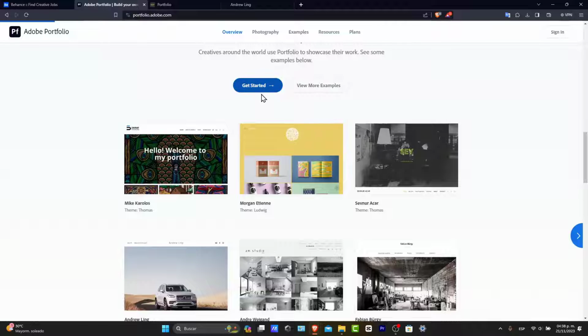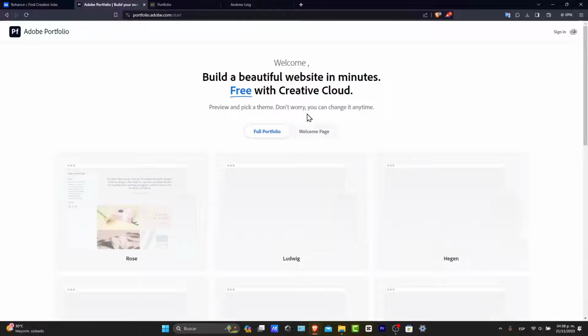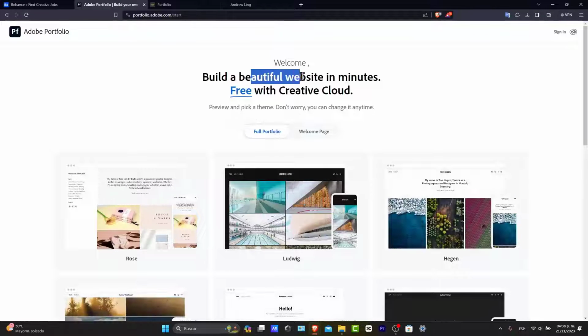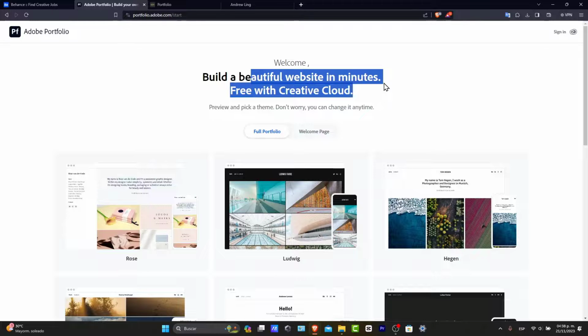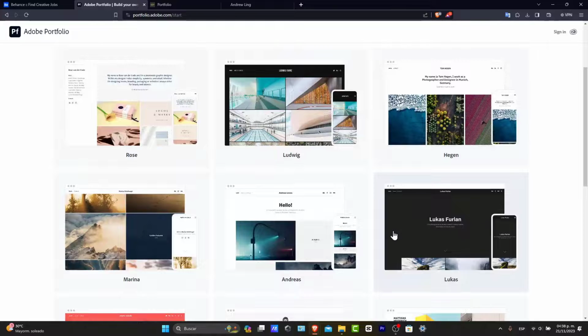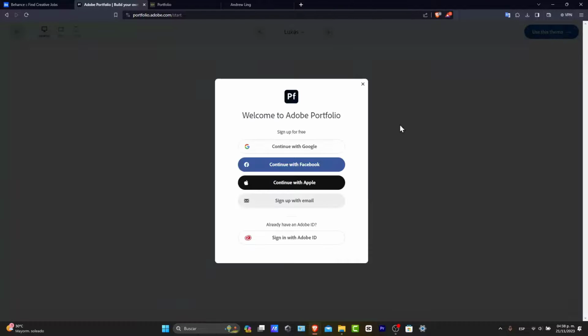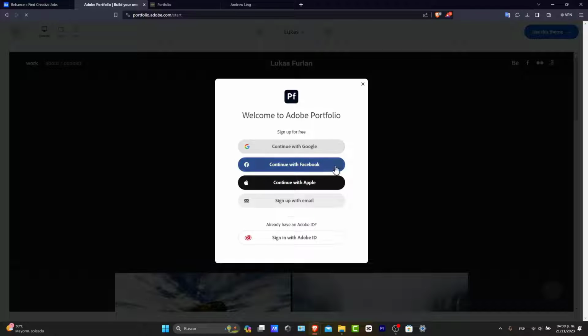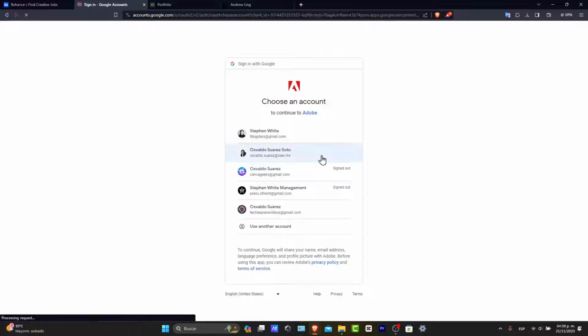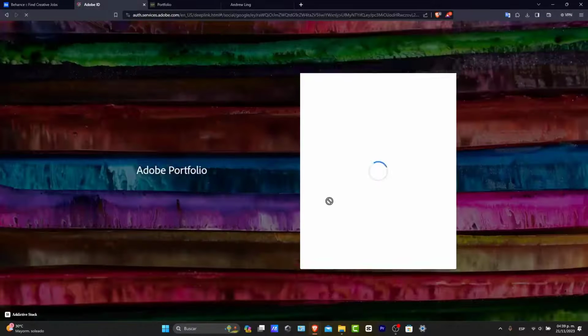You can go into the upper side, click get started, and choose a full template. For example, build a beautiful website in minutes. So creating a full portfolio, let's see, for example, this one, you can choose this option. Let's say, for example, I can choose the Lucas version. I use this theme, and automatically it's going to send us into the welcome to sign up, totally free. So if I choose my Gmail account, which is much faster,